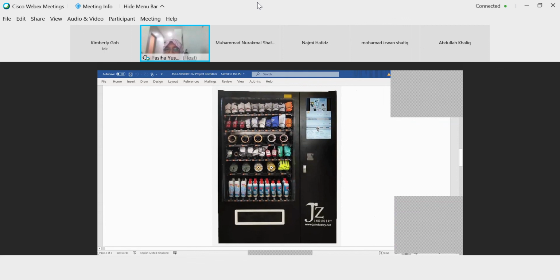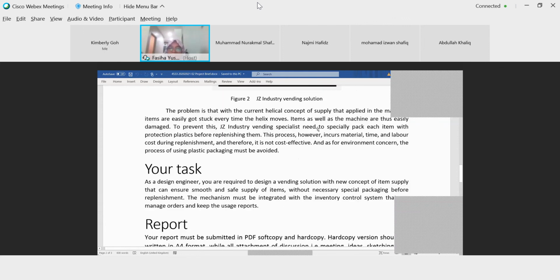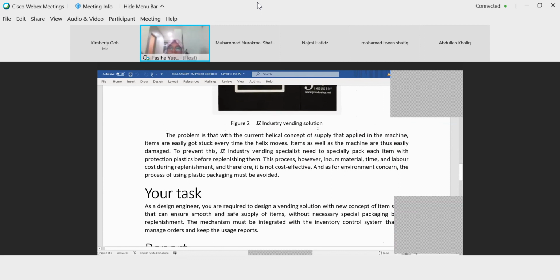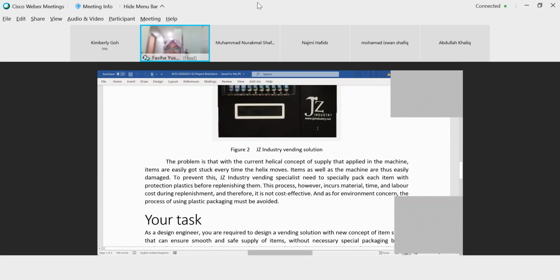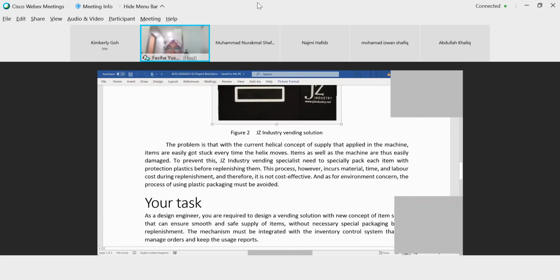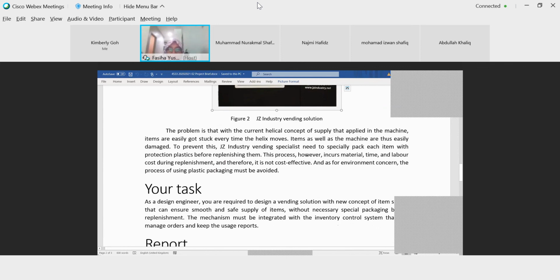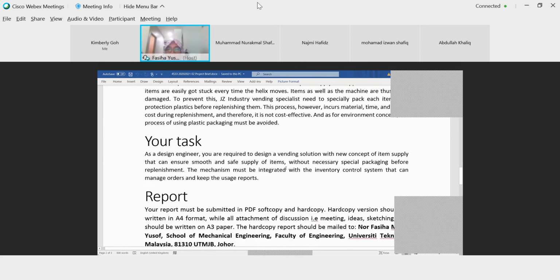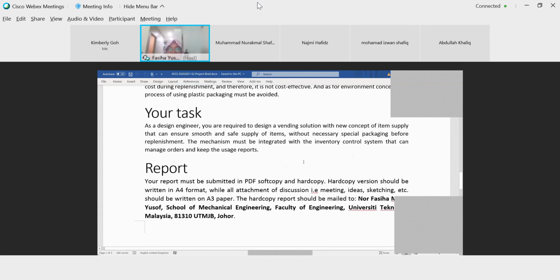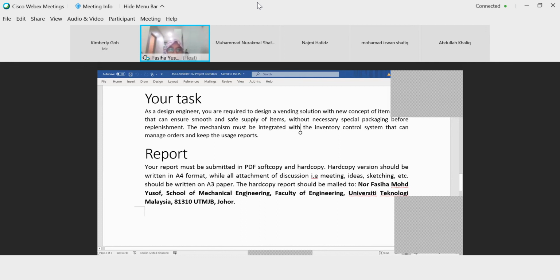You don't have to design the system, but you have to understand the working concept of the system and how you plan to integrate your idea with it. The system is there, but you must integrate your mechanism with the system. That's all you have to do.